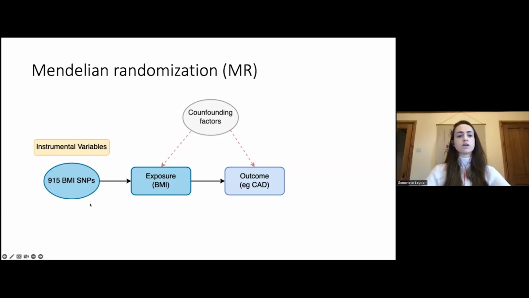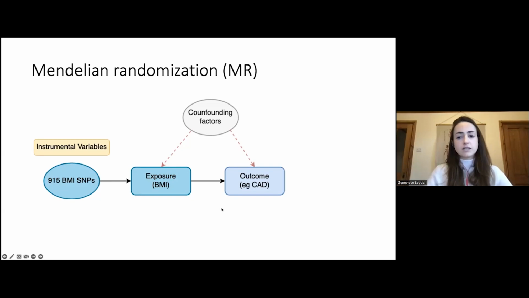So in my example, again, I'm using the genetics of BMI to instrument my exposure in Mendelian randomization analysis. By taking all 900 genetic variants which are identified for BMI genome-wide, I'm relating them to genetic variants for an outcome, such as coronary artery disease in this example, from another GWAS, but from a similar population. I do this to estimate the total effect of lifetime BMI on the disease outcome. And this is your standard 2-sample MR analysis.